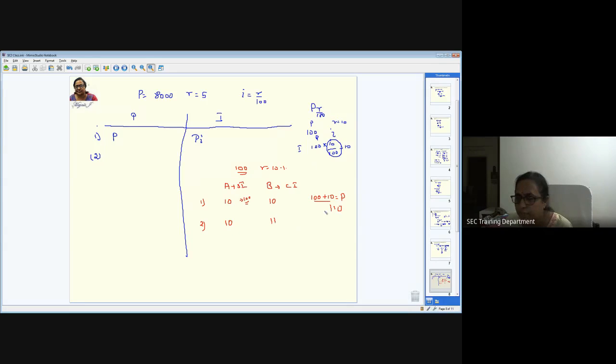So next year again when you go, it will be further added. One more 11 is added here, and then you have to go for 121. Then you have to take interest of that, which is nothing but 12.1. Whereas here it is going to be 10 only. So gradually this will keep increasing. The housing loan and the other loans, whatever is taken, will always be under compound interest so that the interest keeps increasing there. So we pay more interest. If it is simple interest, there won't be any change. You will be getting the same interest. Okay. So this is the basic difference between compound interest and simple interest.